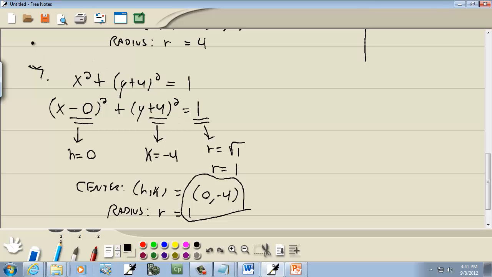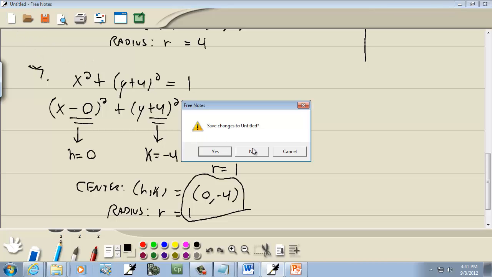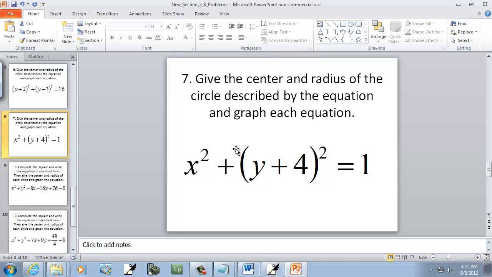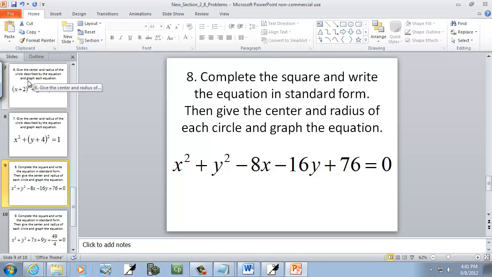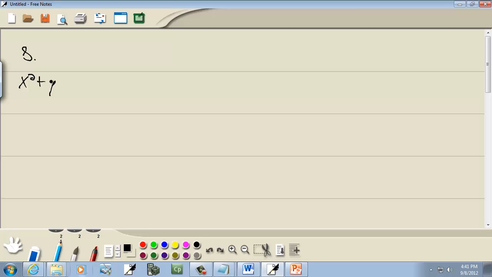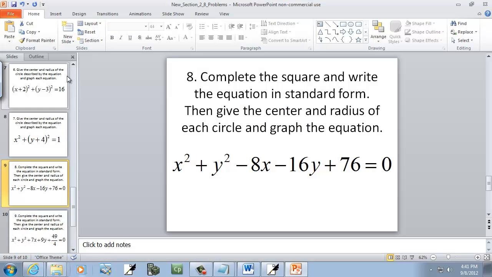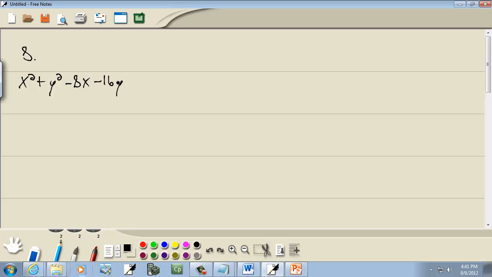And let me start a new page for the next problem. Okay, so we got x² + y² − 8x − 16y + 76 = 0. Now this is our general form. Remember how I said you have the squareds first, and then the first powers second, x and then y, then your number. Well, this procedure is writing